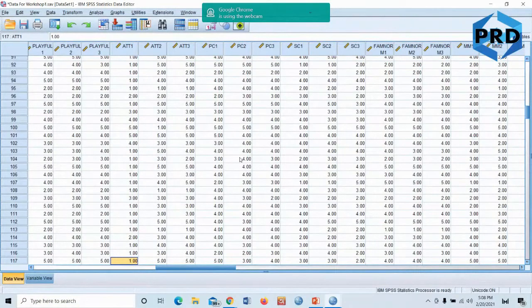Now, please remember, reliability analysis has to be done for every variable separately. If you have 3 independent variables, you have to run it 3 times. Then moderating, if you have 1, run once. If you have mediating, you run all mediating together. And for dependent, you have to run together. Okay. Now, what happens if under the dependent variable you have a few dimensions? In that case, I will only cover it during the factor analysis, when you run the factor analysis.